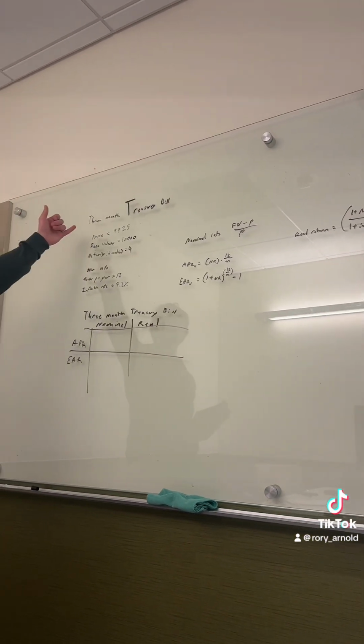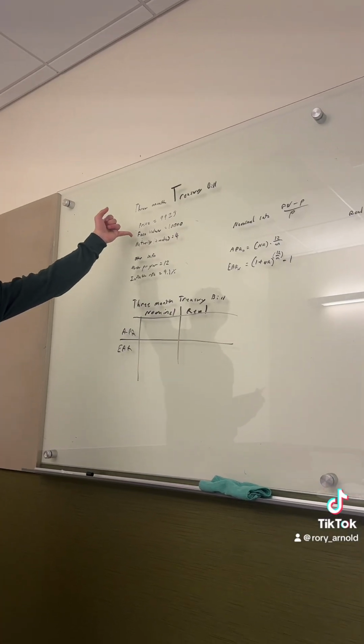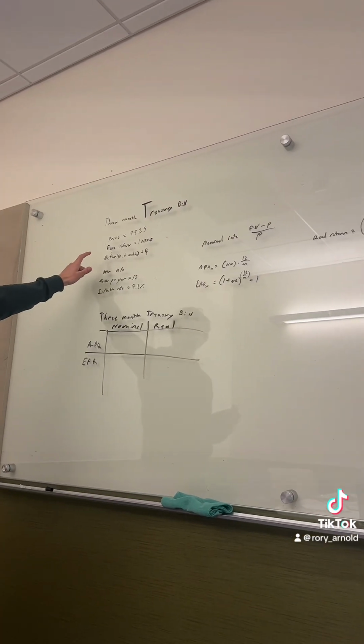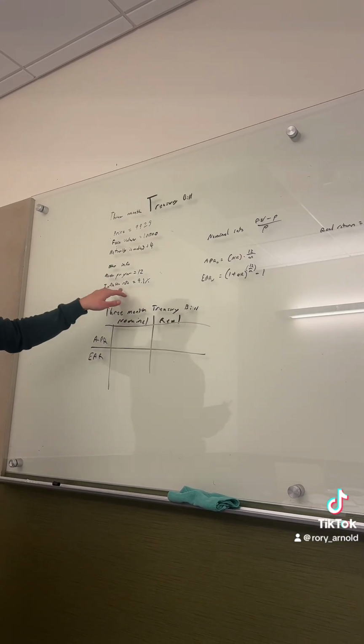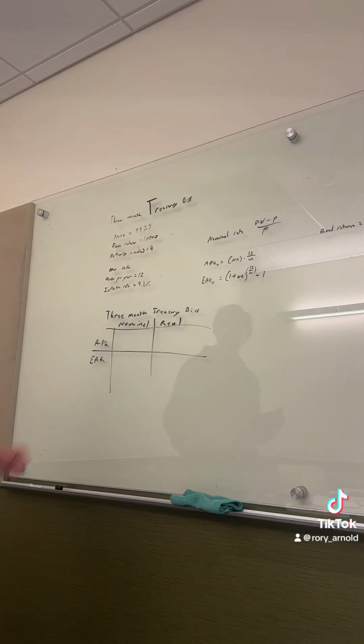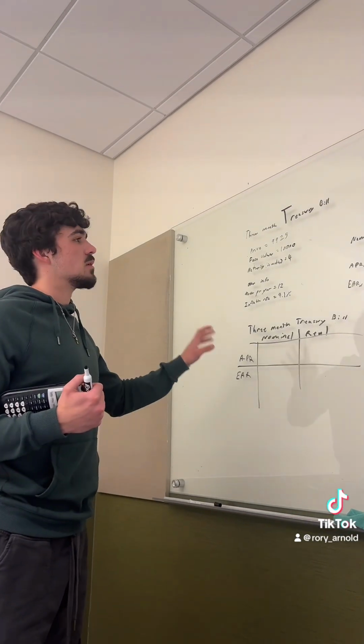So we have a 3-month Treasury bill. The price is $9,925. The face value is $10,000. The maturity in months is 4, and for other info, there are 12 months in a year, and the current inflation rate is 4.1%. To find the nominal and real interest rate for APR and EAR,